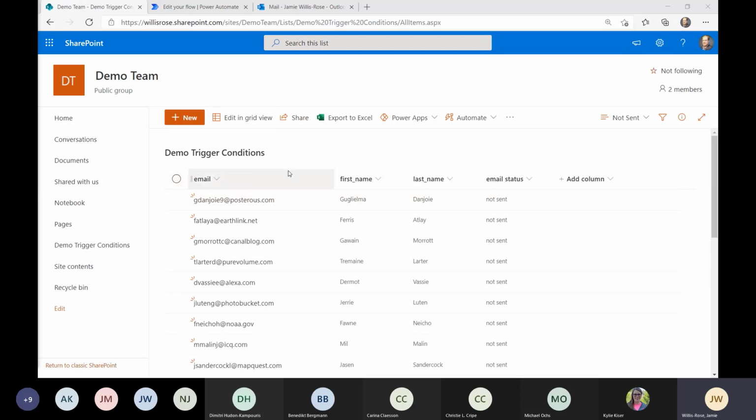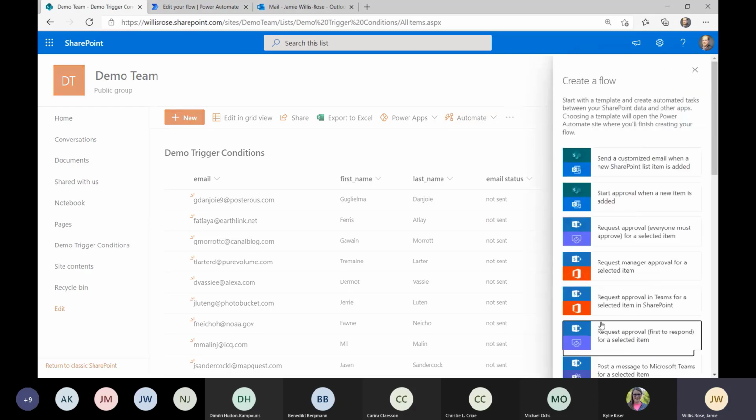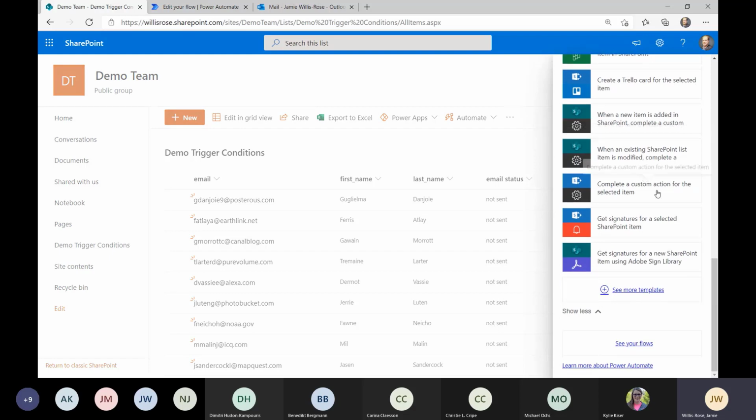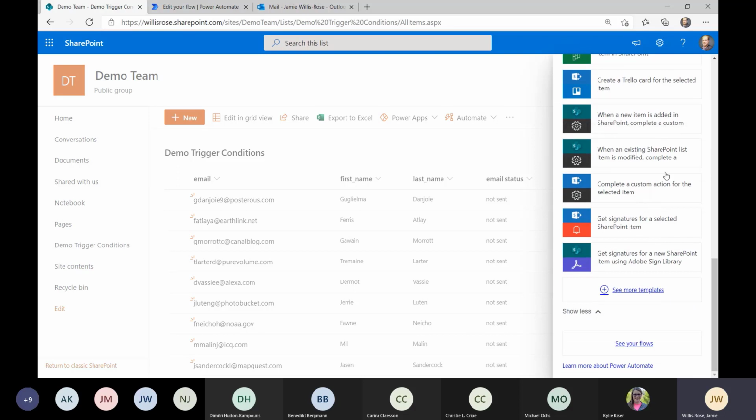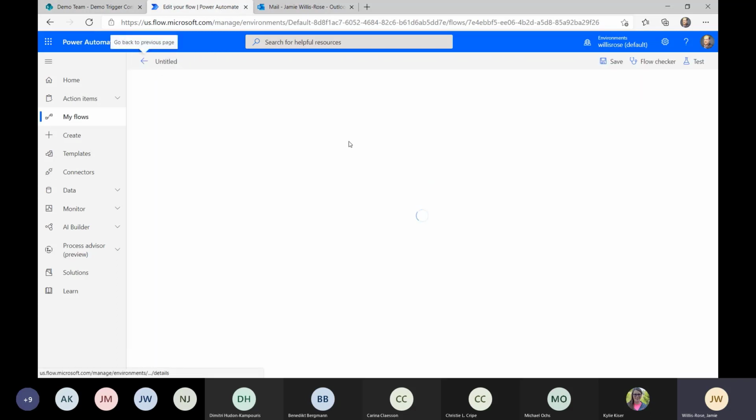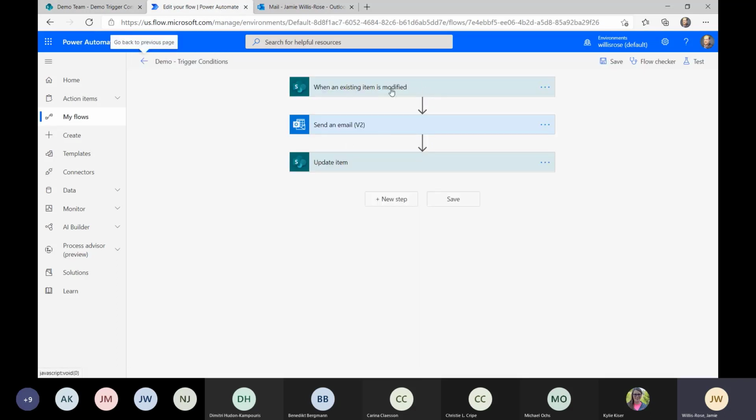First of all, if you're not familiar with this, you can come into Power Automate, and if you have a SharePoint list, you can just create a flow, and it'll walk you through templates, and you can pick a template. In this case, I just did a custom action, but there's all sorts of options here. But I did one that was when an item is modified. And what I did is I created a flow that looks like this. So when the item is modified, send an email, update an item. Simple enough. If I go to test this,